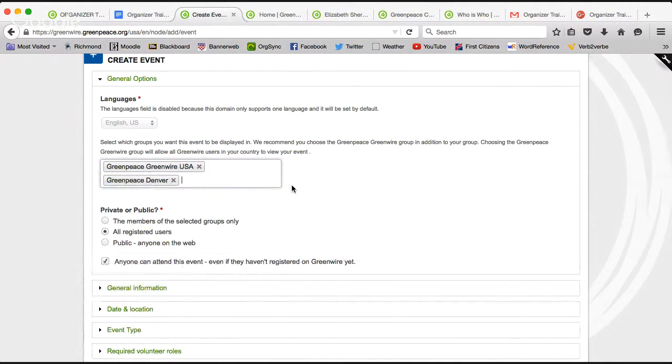That way this event will show up on that group page, so that the folks checking that group page can easily see that the event is coming up if they're looking for things to do in their area.